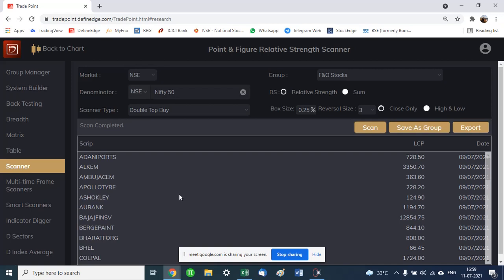For scanning, you can use other websites like you have chartink.com. You have scanners there. So there are various platforms. I mean, whichever you prefer. I prefer to use TradePoint and Stockage. You can choose any platform that you prefer. My point is that you should use scanners. It is helpful to identify stocks in an easy way. So it makes your job easier. You have to spend less time. So you should use scanners. Which platform you use is your choice. No problem with that.